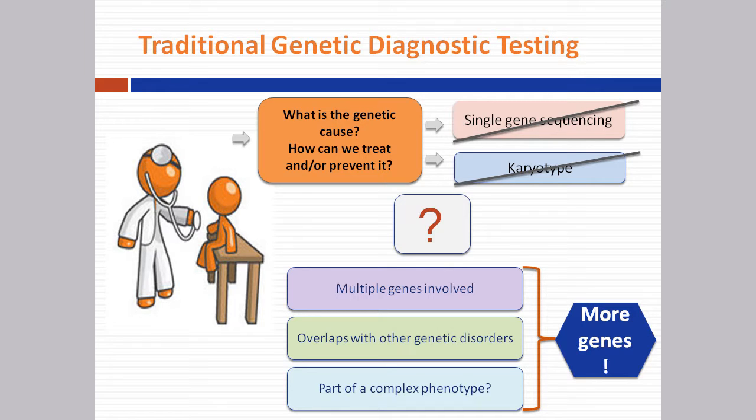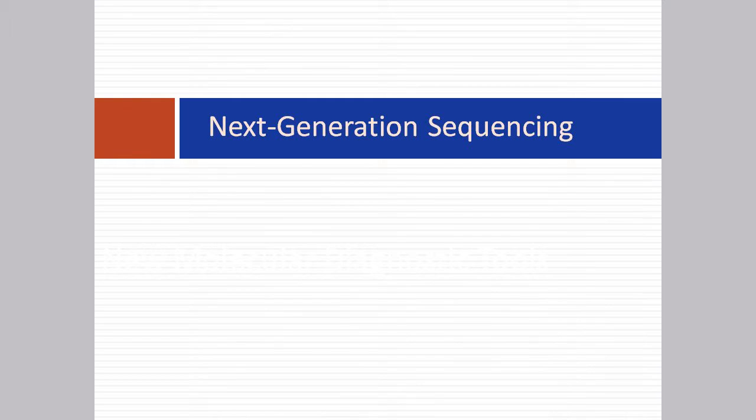Usually we have scenarios where we have to look at disorders where multiple genes can cause the same phenotype, or the phenotype of a patient might be part of the spectrum of multiple different disorders. In the end, we realized we really need to look at way more genes than what we have been doing before. The tool to accomplish that has been next-generation sequencing, or massively parallel